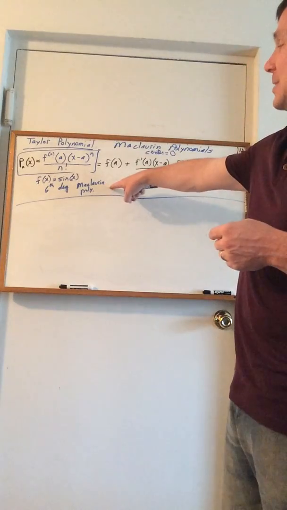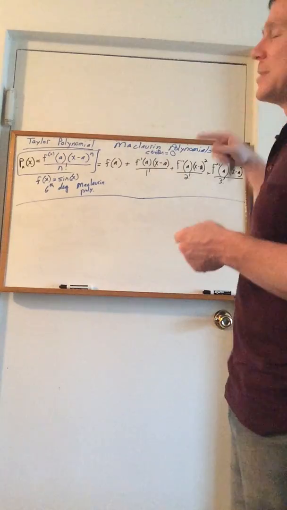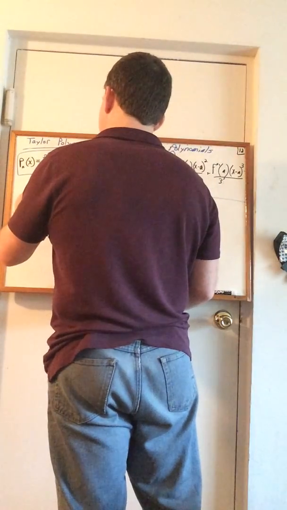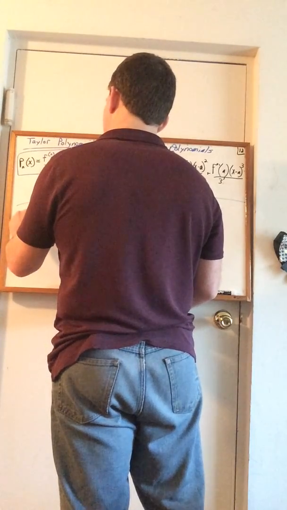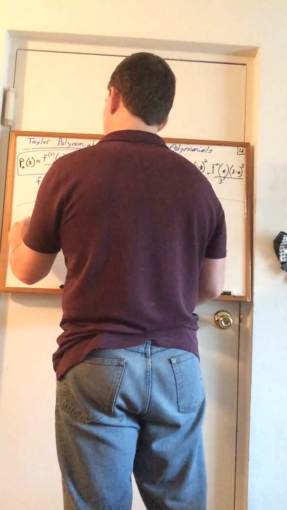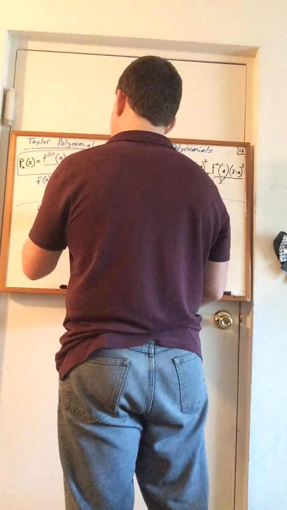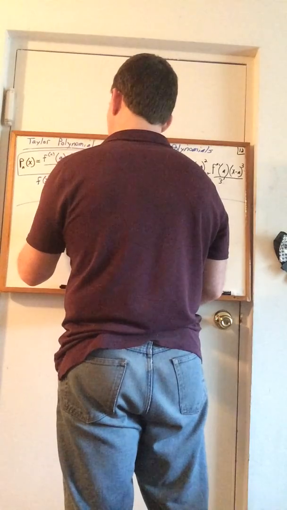If I'm going to get the 6th degree Maclaurin polynomial, I know my center. I'm going to need all the derivatives out to the 6th derivative. So list them all out. So we will have f of x equals sine x, f prime of x equals cos x, f double prime of x, derivative of cosine is negative sine x, third derivative is negative cosine,